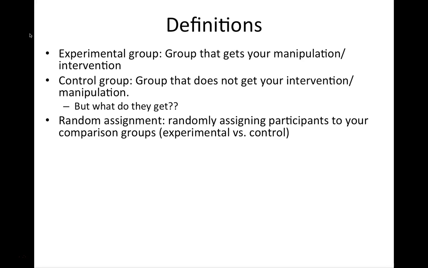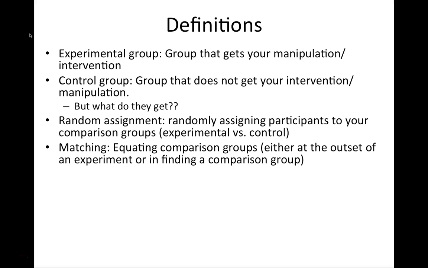This is a way to control for or randomly distribute pre-existing differences. We wouldn't want to let people choose what kind of intervention they get, because their choice of that intervention may actually be what's creating the differences that we see in our outcome variables rather than the intervention itself. So random assignment is a really key piece of being able to make causal claims, and therefore is a key